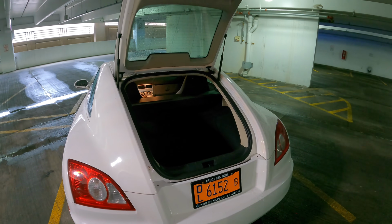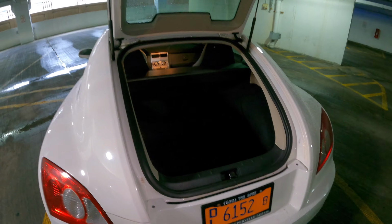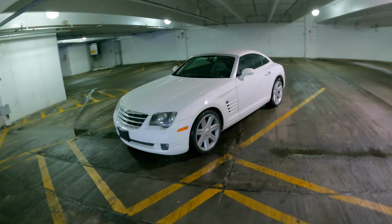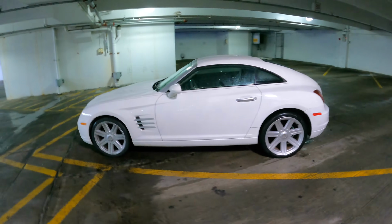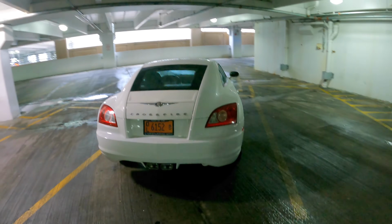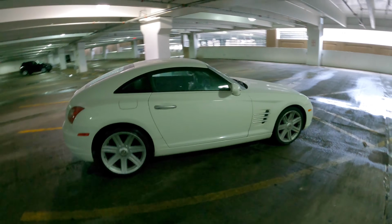Not super useful, but I'd say on the upper side of useful, given the fact that this is a 2-door coupe. I'd say more useful than a 350Z, if it had a slightly larger opening. Now we gotta talk about the looks, and I have quite a bit to talk about with this. Well, first of all, as I've been told, white is actually a very rare color for the Crossfire. You don't really see them in white,